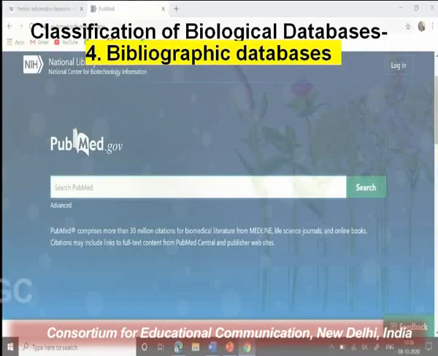Then we also have bibliographic databases. What happens in bibliographic databases is they store the bibliographic information, meaning all references, and it is quite like the Google search you do. If you enter a keyword here, let's say you entered mycorrhiza, it will open up all the research papers which cite mycorrhiza, and you can also search by the author's name if you are interested in that. This is included in the practical syllabus. Most of the students are very comfortable dealing with PubMed and studying the research papers in here.